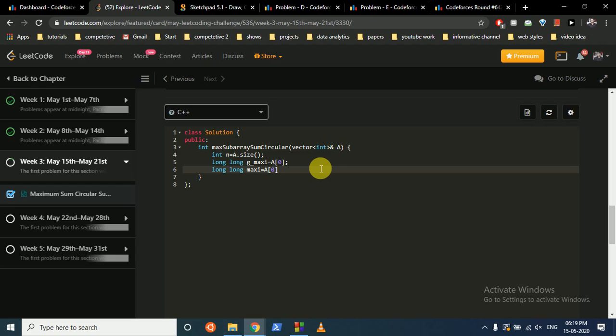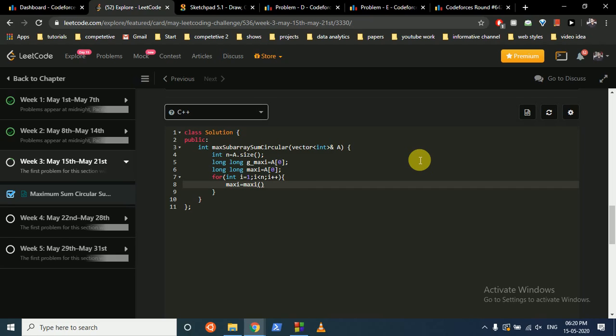Initialize everything with the first element and then iterate from 1 till the last. What Kadane's algorithm states is that the maximum subarray sum will be either the one which starts at the element we are on, or that element plus the maximum till now.